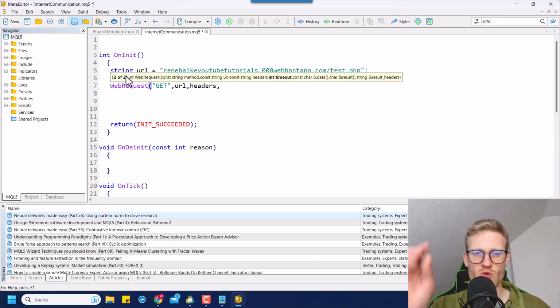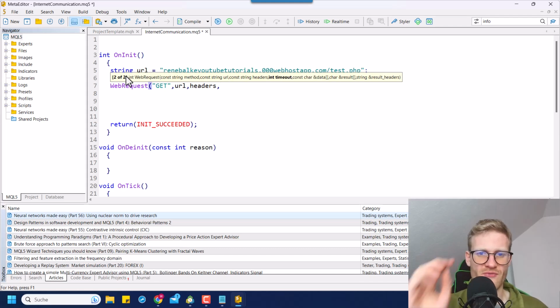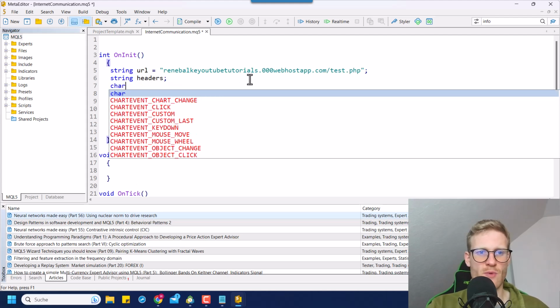How much time do you want to give your expert advisor to wait for a server response? Because the WebRequest function will stop the processing of your expert advisor and wait for the response of the server first. But at a maximum of, let's say, 1000 milliseconds should be enough. Then we have the data